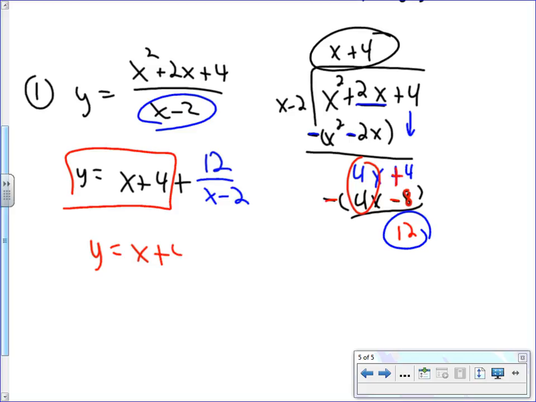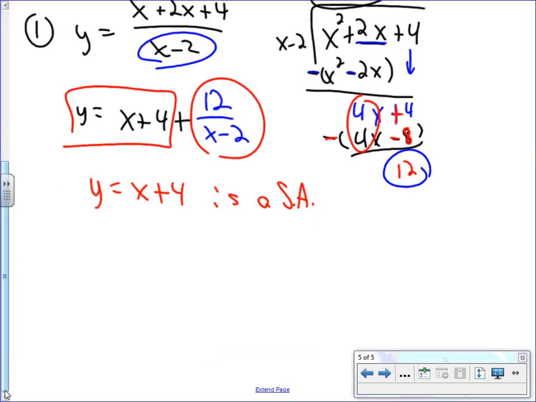And what it's basically saying, for a slant asymptote or oblique asymptote, is that by the time you get really, really big numbers, this little piece right here has practically no effect on the shape of the graph. For all practical purposes, it's not doing anything, because you're plugging in 12 divided by, I don't know, 7 million, which is negligible in almost all circumstances. So this is called the slant asymptote, and that means at the end of the graph, whatever this graph looks like,